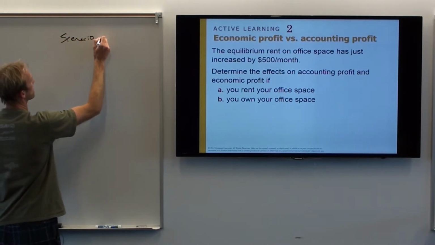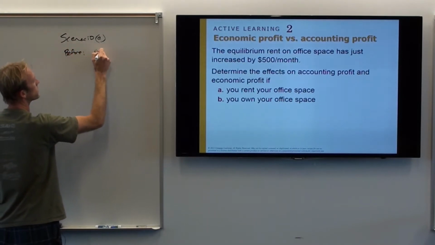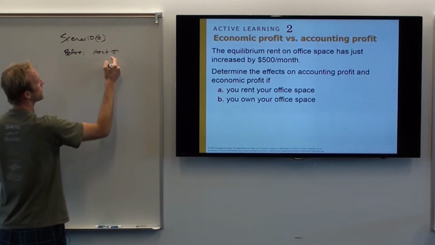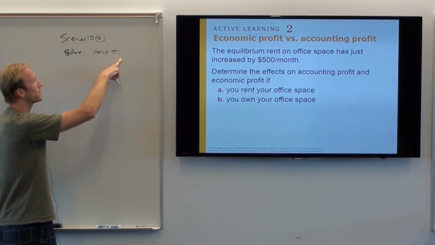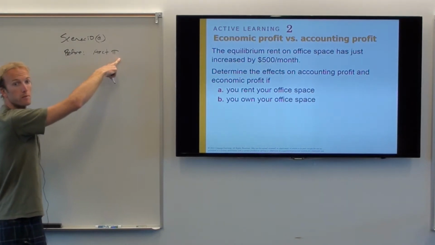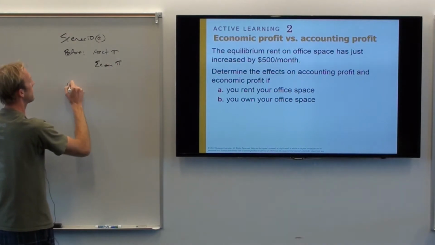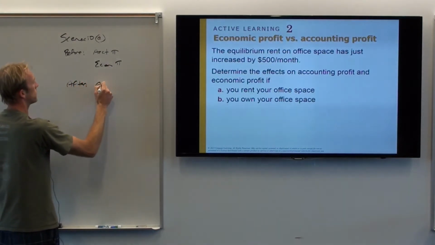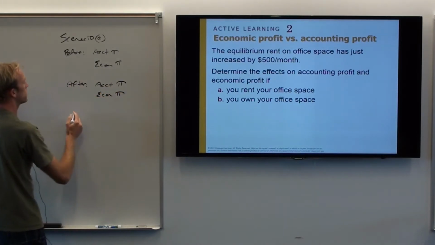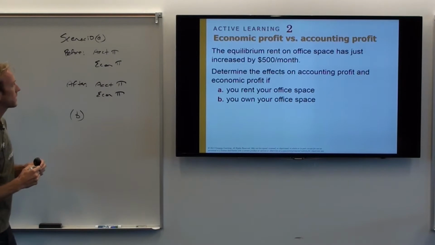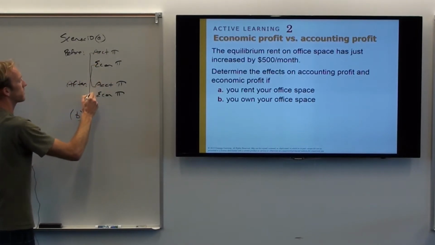So if it's helpful, you can go, okay, in scenario A, before, you can do accounting profit. By the way, I'm going to use the pi symbol for profit, because I can't use P, because P is already used for price. Okay, so calculate accounting profit and economic profit, and then do the after accounting profit and economic profit. And then you can do the same thing for scenario B. That's basically what I'm asking. And then you're going to compare these two and compare these two.